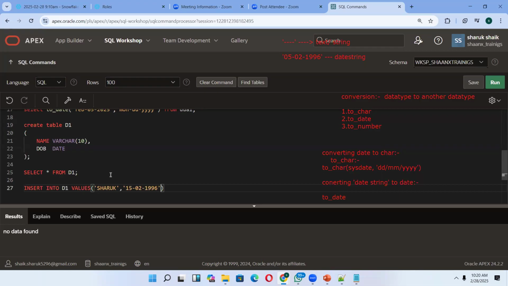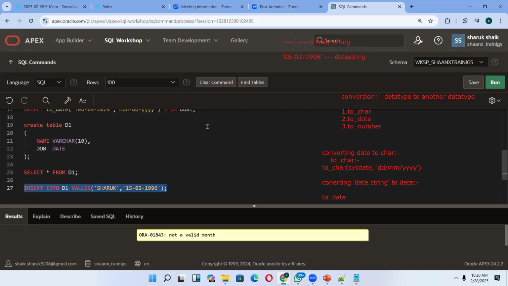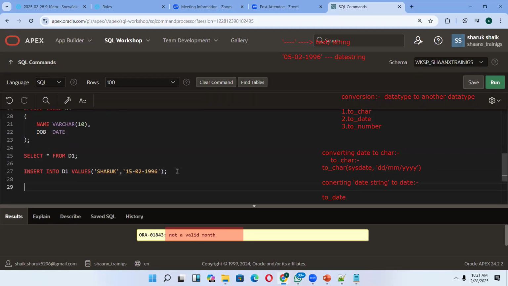1996. Okay. What is the problem if I try to insert this? Does it insert? What is the error, guys? Invalid month. Not valid. Yes, not valid. But if I do the same thing,